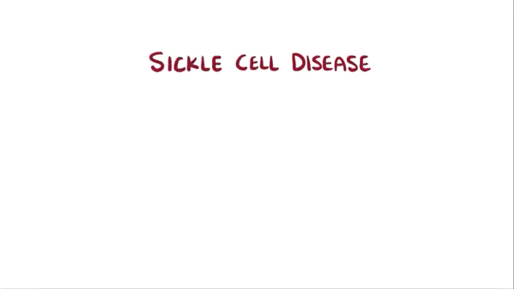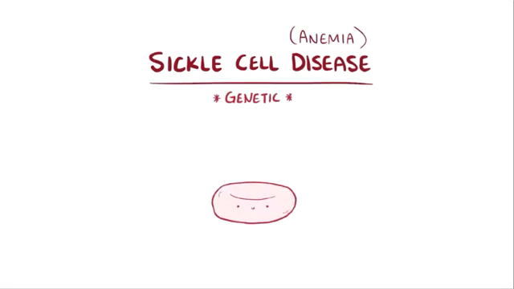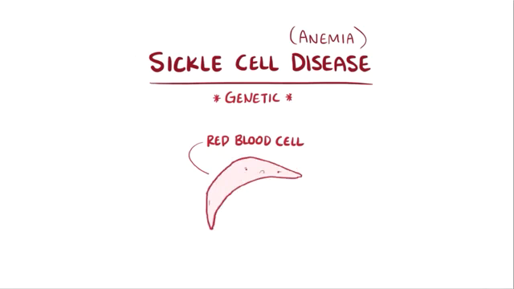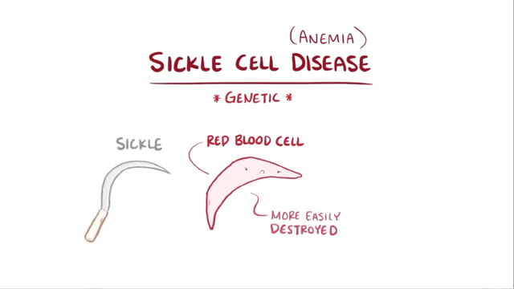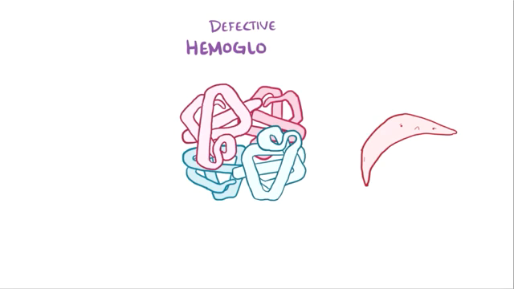Sickle cell disease, also called sickle cell anemia or just sickle cell, is a genetic disease where red blood cells can take the shape of a crescent or sickle, and that change allows them to more easily be destroyed, causing anemia, among other things. Sickle cell disease is caused by defective hemoglobin, which is the oxygen carrying protein in red